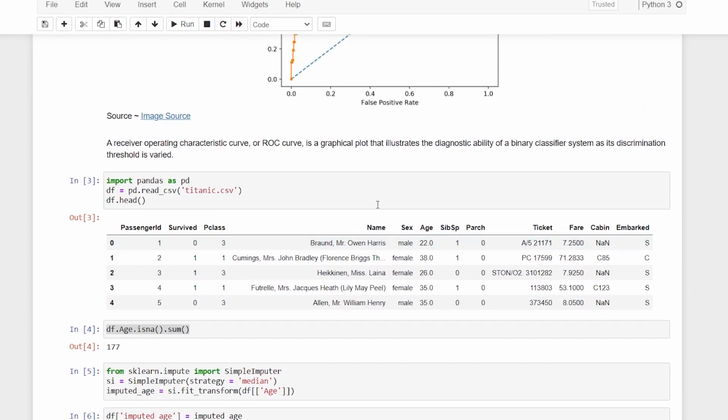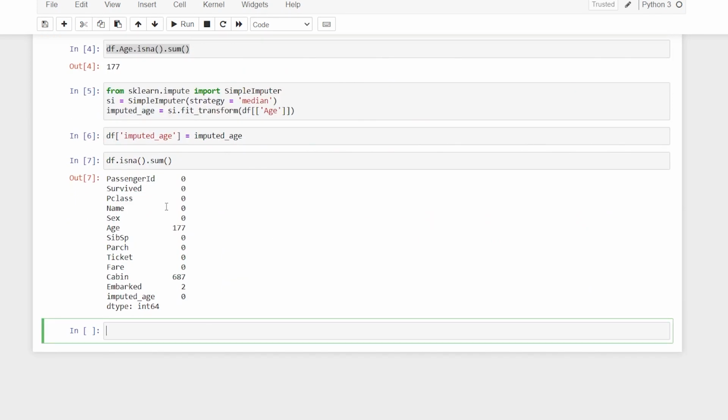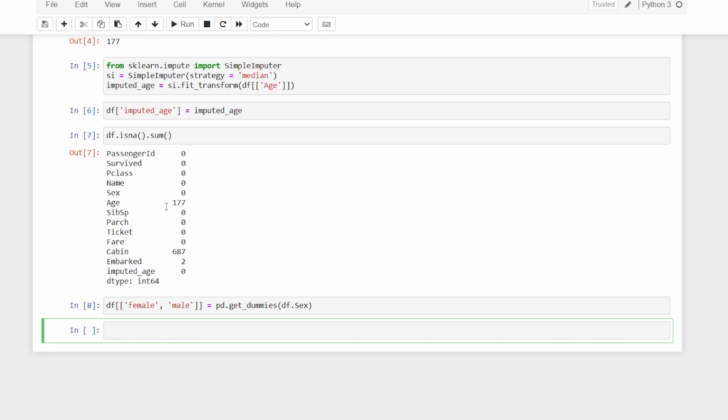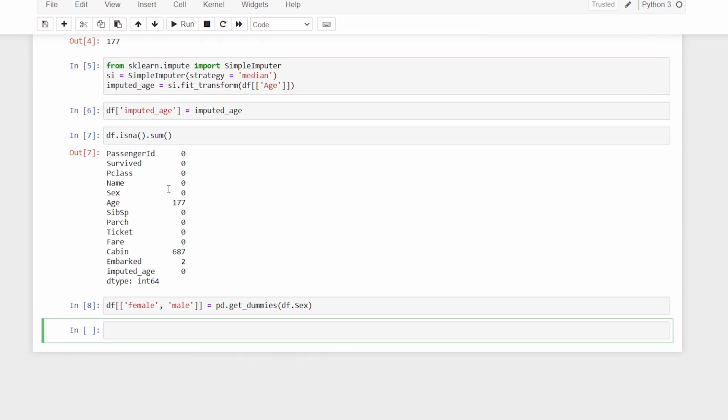I want it to be one-hot encoded, because it is sex, I don't want it on an ordinal scale, so I'm not using the label encoder. Like I said, I've covered every single thing earlier. I have two sexes, female and male, and here I'll say equal to pd.get_dummies, with the help of pandas, sex, and that is done. My data is basically pre-processed. This is a very basic thing.